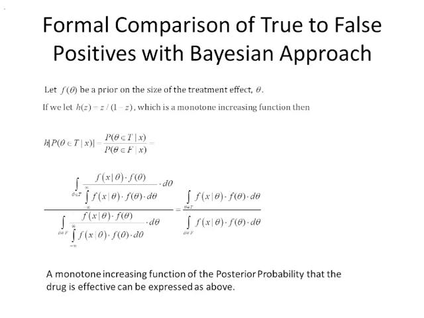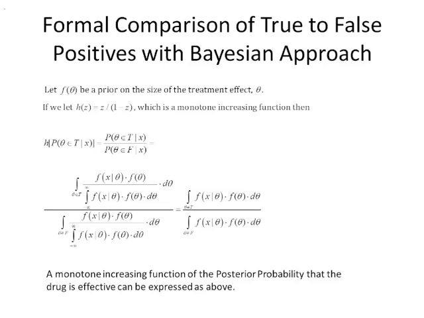So now we'll develop an expression for the posterior probability that the drug is effective that lends itself to a nice comparison with the expression we just developed for the ratio of true to false positives. So first let's define the function h. H of z is equal to z over 1 minus z, and it has a nice property that it's a monotone increasing function. Now when we apply the function h to the posterior probability that the drug is effective given the observed data x,